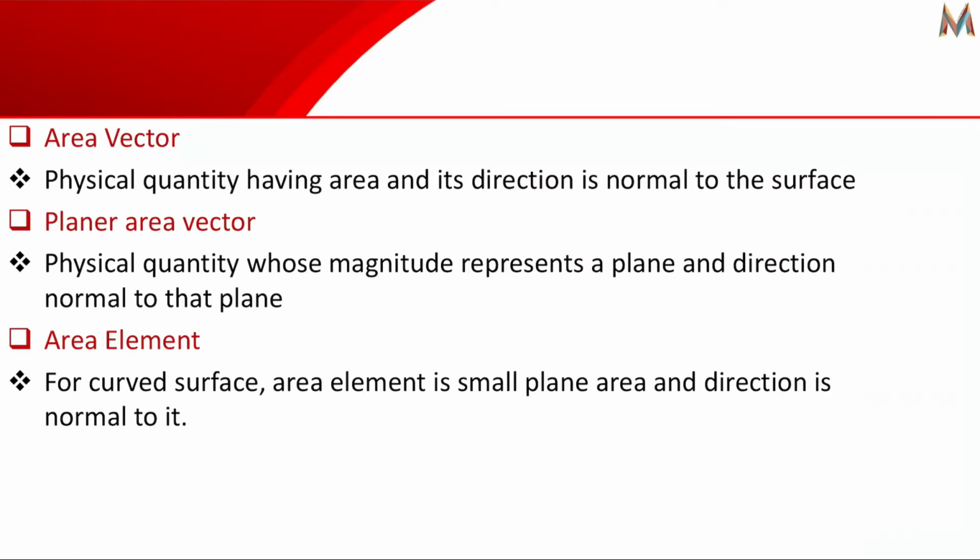So, first of all, area vector. Normally we know that area, most of the time when we use the area, we are not using the vector form of that, but sometimes we need to use a vector for area also, and we call it an area vector. Usually and mostly that vector is perpendicular to the surface of the area. So, we can call it the normal area vector.